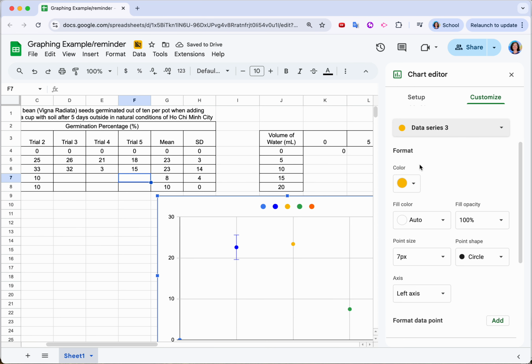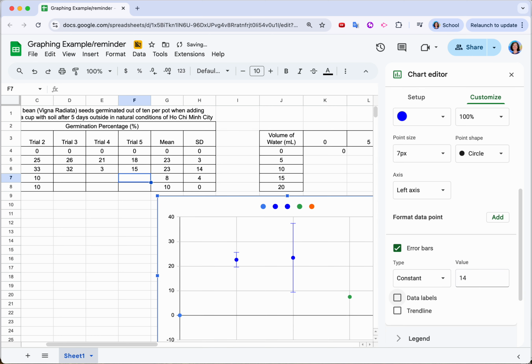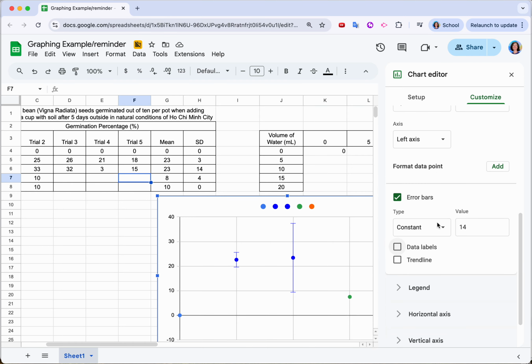So you go through and you say, okay, this one, I want this to also be blue. And this is 10. So I'm going up to 10 and I'm looking at the standard deviation and that is 14. So this is the only piece that you would have to do. But for our current lab, if you only have 3 data points, that is not going to take you very long. So hopefully that is not too hard. Okay,